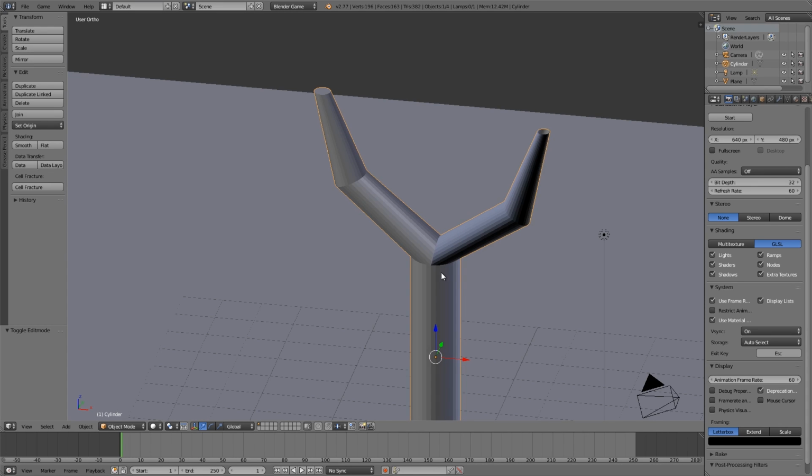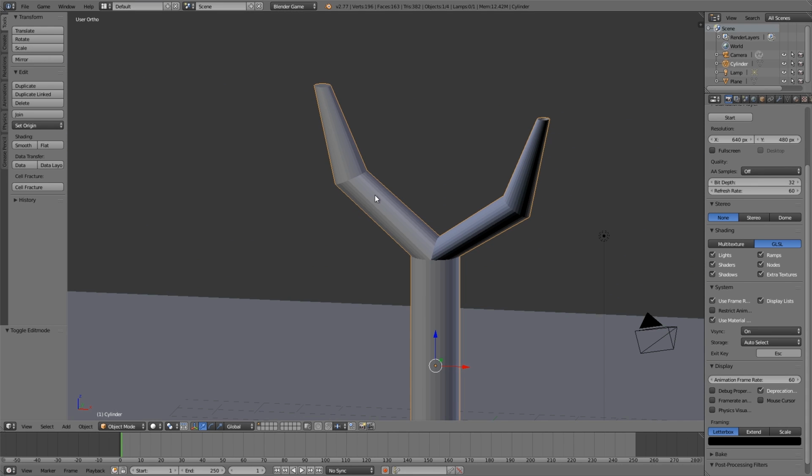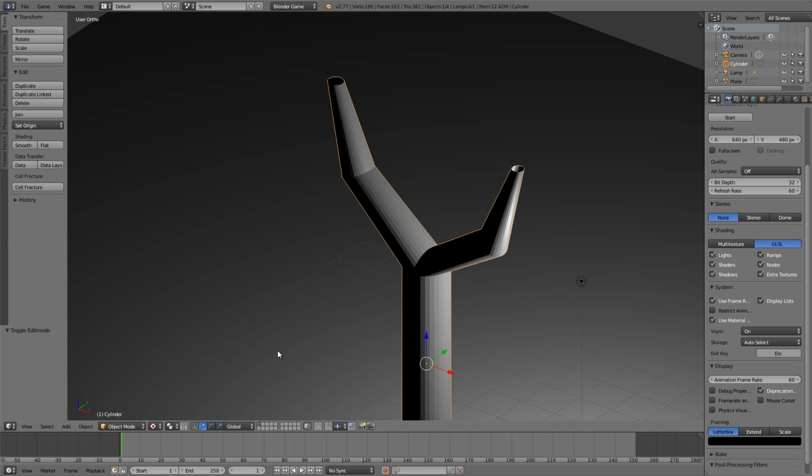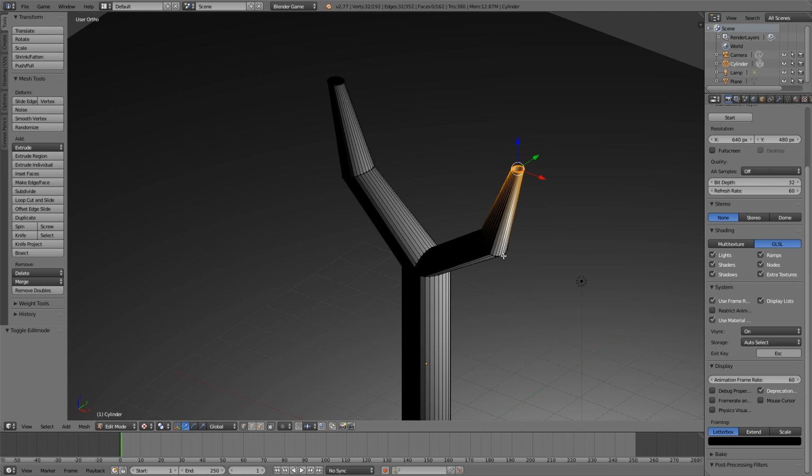Now in regards to the shading, you'll notice this one looks fine and this one looks fine, but this one's really dark and looks strange. And the reason for that is that the normals have been inverted and are facing in the wrong direction. This means if we go into texture view here and we press play, that only the inside will get rendered instead of the outside. So to fix that, we're going to go into edit mode, then we're going to go